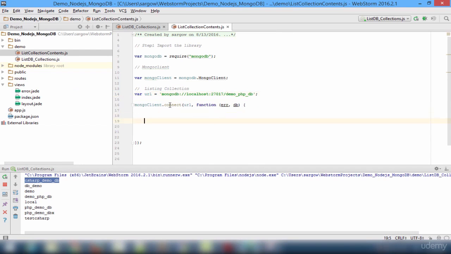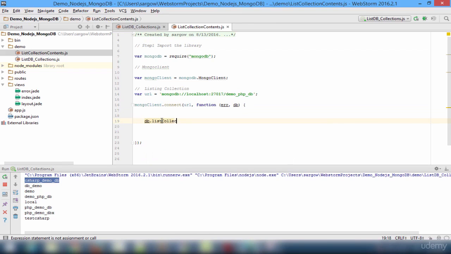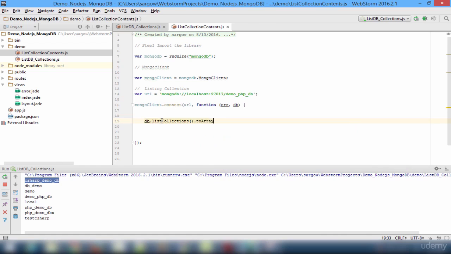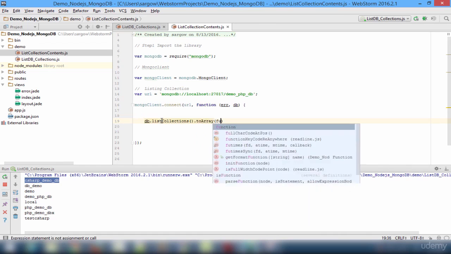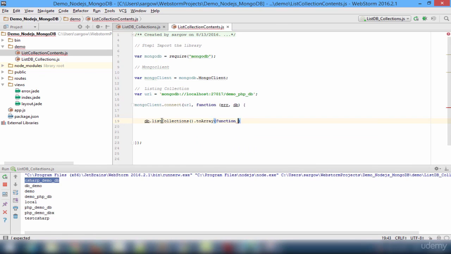I'm going to use a different database this time, that is demo PHP DB. Under that, we have a collection by name products. Demo PHP DB, the collection name is products. Once we got the connection, we are going to get the database, db dot list collections. We are going to turn that into an array